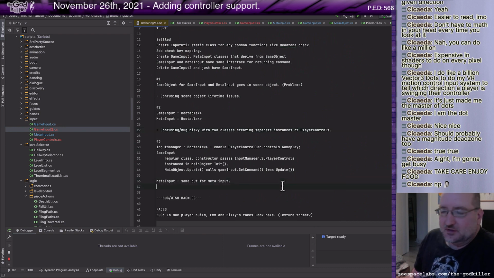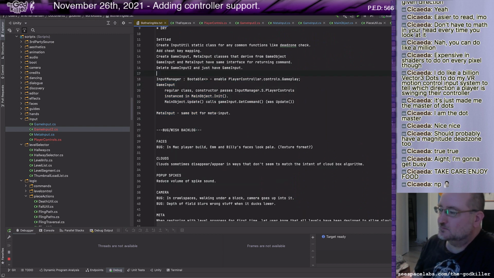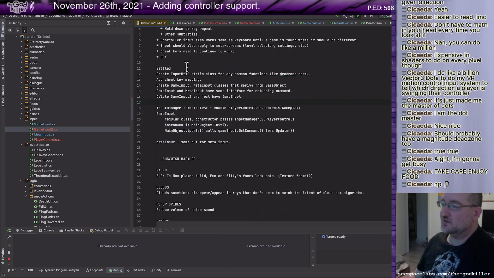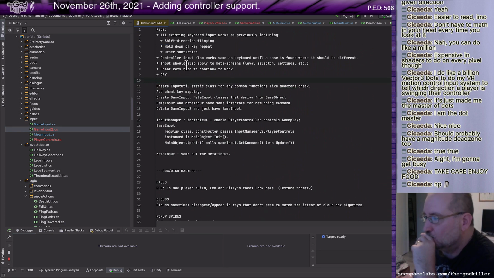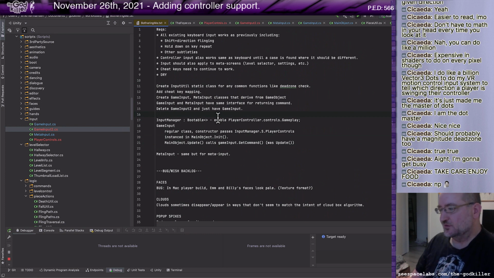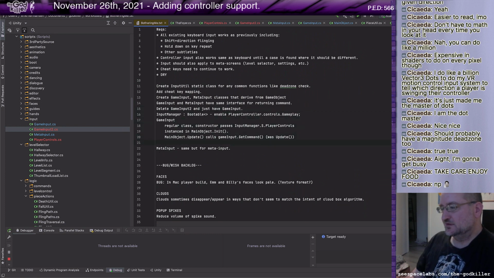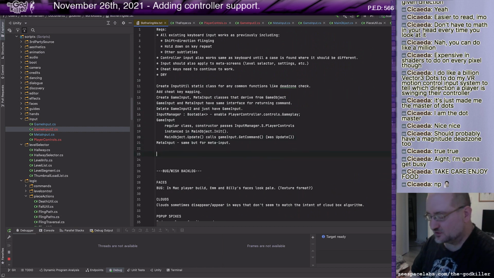And this one seems safe to me. This one seems pretty good. I can't see any downside to it, so I'm going to go with this one. This is all settled now. And I'll have to do something for cheat codes too. I can probably hook it into a meta input class, or let's see, what's the right way to do that? All right, let's put this all in settled. And I'll continue thinking about cheat keys.